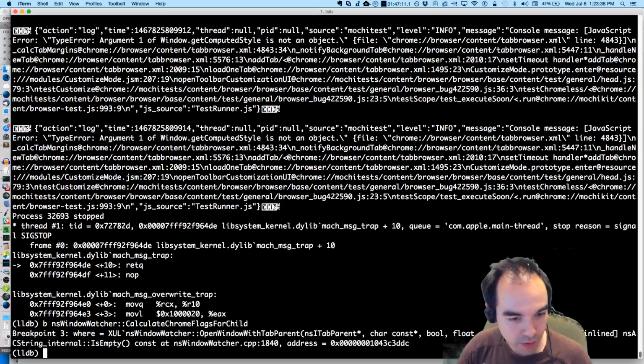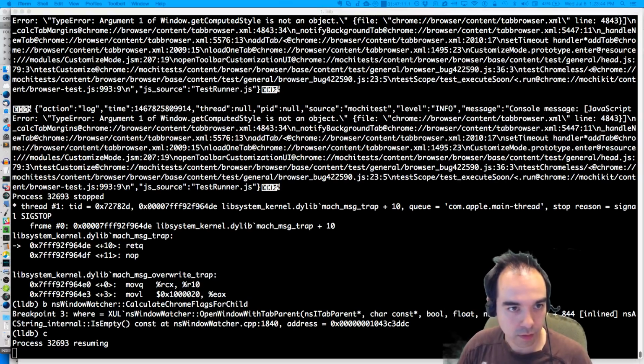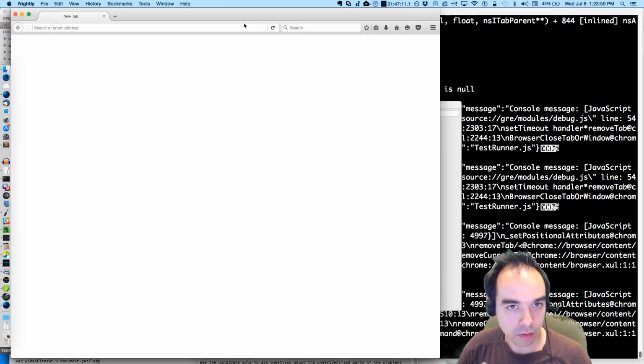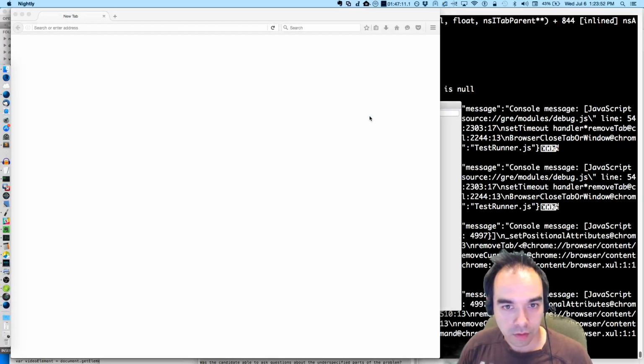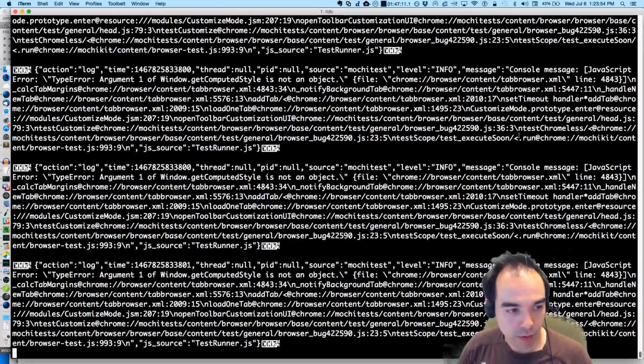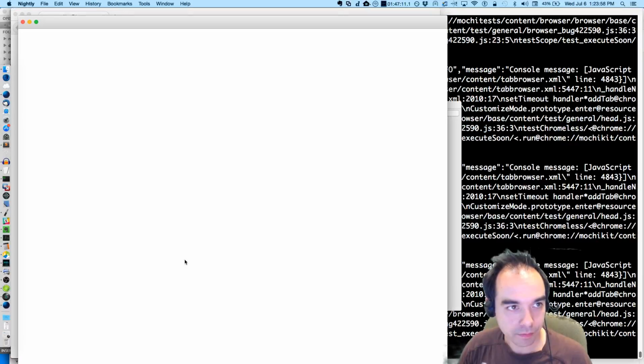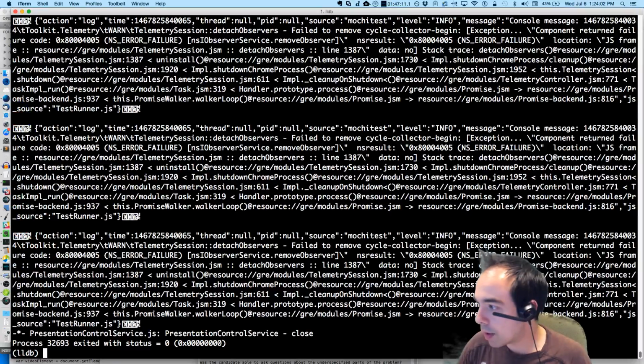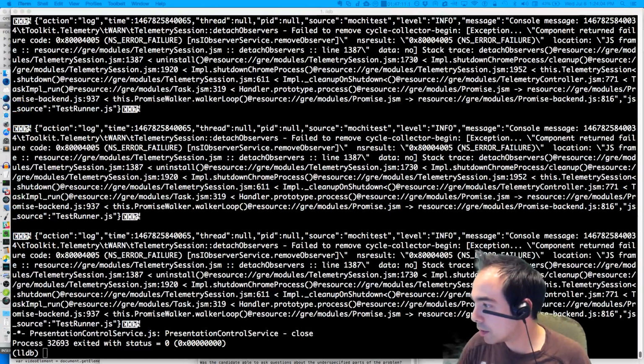Calculate Chrome flags for child. Why are we not hitting my breakpoint? That's annoying. So I guess that'll be something we wait for from our debug build.